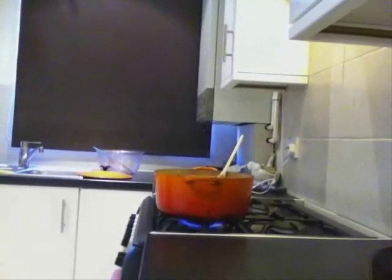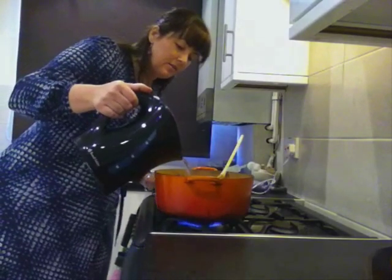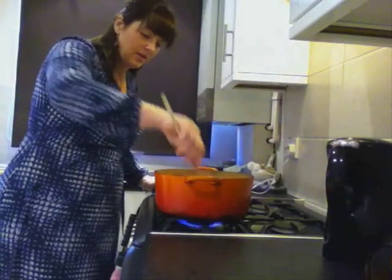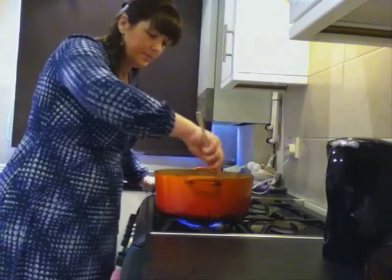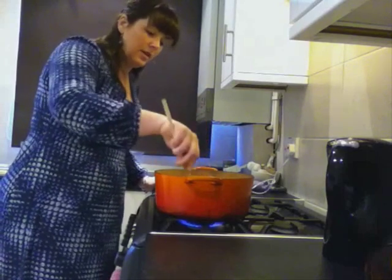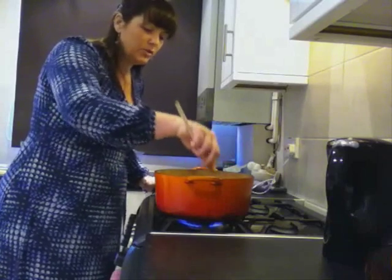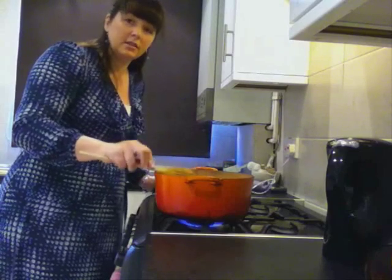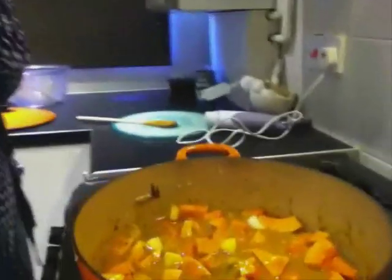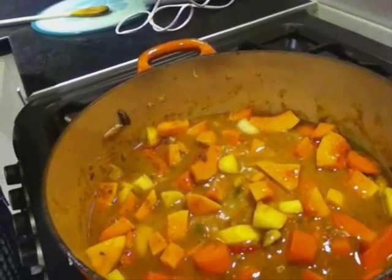Okay, that's already sizzling. I'm just going to get my kettle and I'm going to add some water. Now I'm just going to add it so that it just comes to the surface of where the vegetables are. Great. So if you end up putting too much water in, don't worry too much because before you whiz it later, you can spoon some out before you mix it all up. Let me show you what it's like at the moment. So that's looking yummy, super healthy, really good for